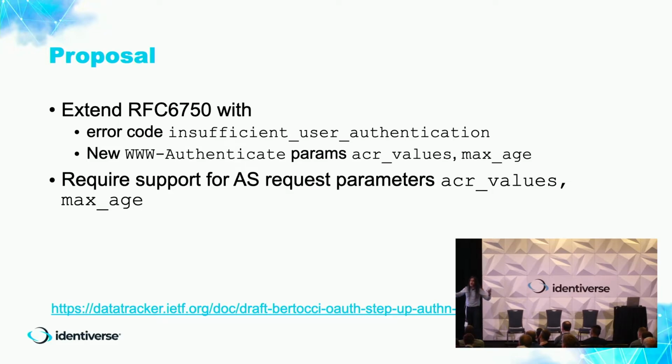Basically, this entails asking the authorization server to support ACR values and max age, which is already a reality for many authorization servers because nowadays it's rare for an implementation to be pure OAuth. It's usually OAuth with some OpenID sprinkled on top, that's the OpenID sauce. But formally, this is not in the IETF family of specs, so we do need to ask explicitly the authorization servers to do this. And as a mechanism to broadcast that is the case, we are extending the metadata of the authorization server so that it can declare, yes, I am that type of authorization server that your parents warned you about. I do support this particular error.